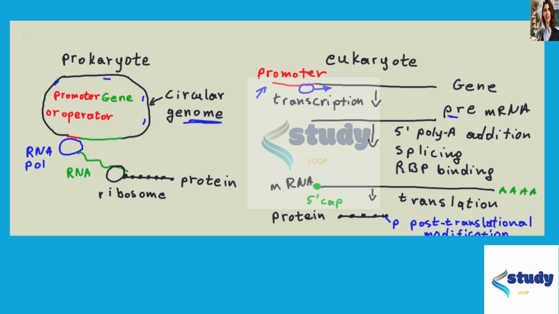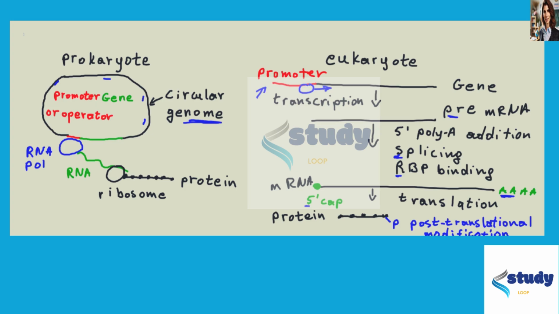The premature mRNA then gets a 5' cap and a poly A tail, a polyadenine tail. It undergoes splicing, where you remove introns or exons you do not need, and RNA binding proteins bind to the RNA, and all of these are different methods of affecting RNA stability, and all of these happen in eukaryotes. And then after all of that processing of the pre-mRNA, you end up with a mature messenger RNA, and then